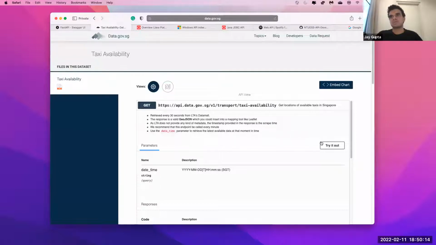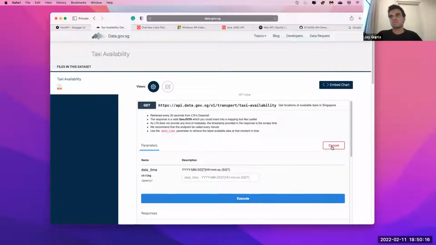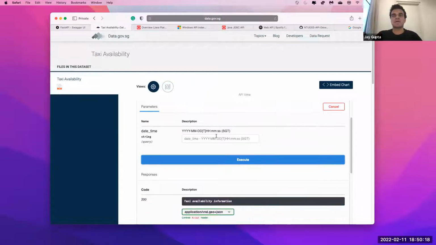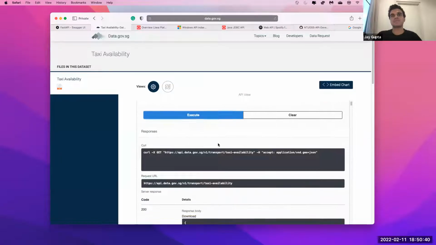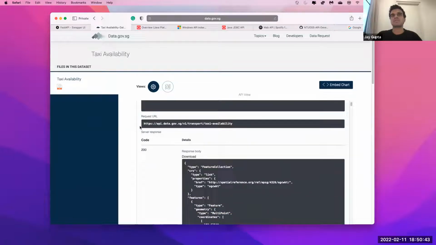So, okay, let me just use the button to try it out. And I can optionally put in a date or time string. That is, if I want to query taxi availability for a particular date and time, I can just put that in this format and it will show me the results. But for now, I will just not put anything, so it will display the results for taxi availability right now. So if I click on execute,